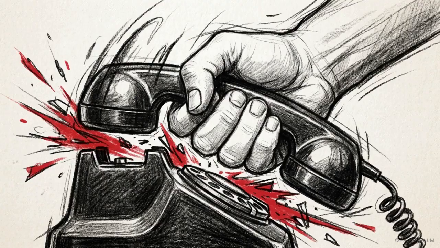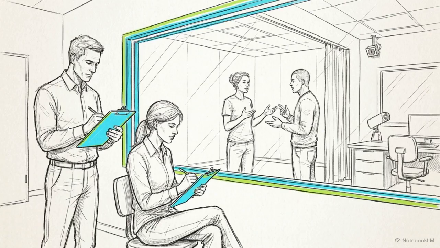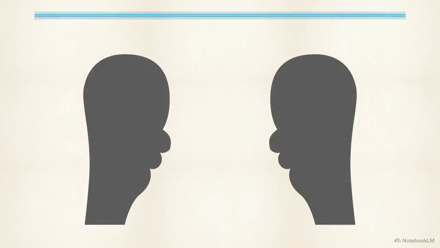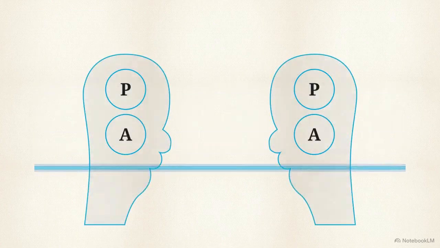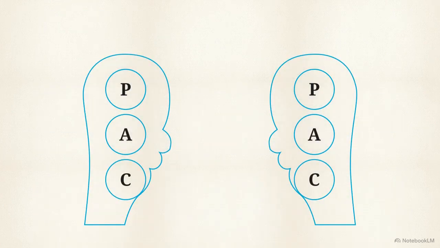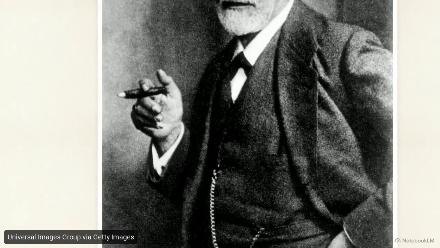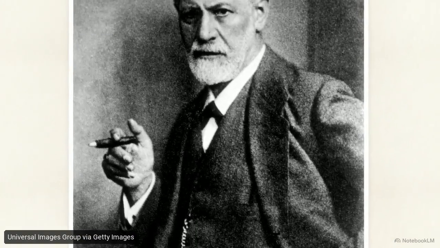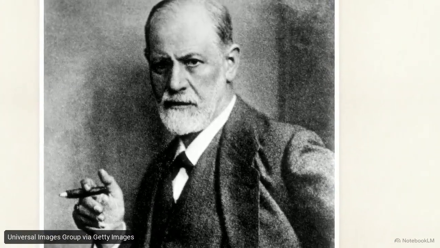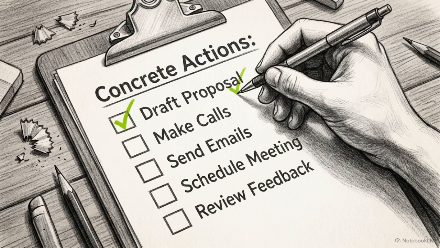Communication failure is rarely a random accident. It is a mechanical error that can be objectively diagrammed, traced, and corrected. To understand why a transaction fails between two people, we have to structurally dissect the communicators themselves. Historical Freudian psychoanalysis relied on abstract subconscious drives. Berne shifted the focus entirely to tangible, observable behaviors.